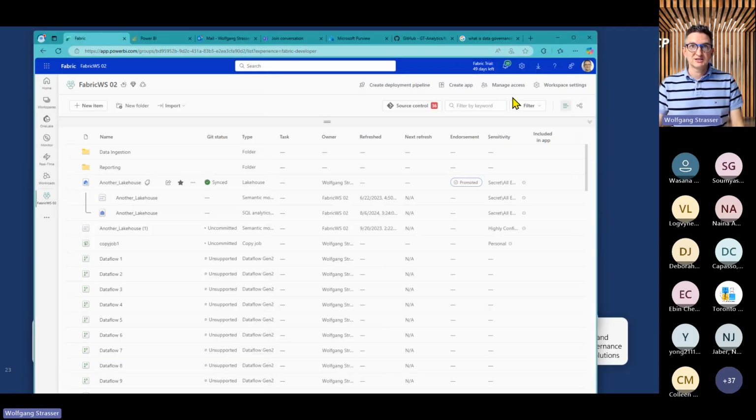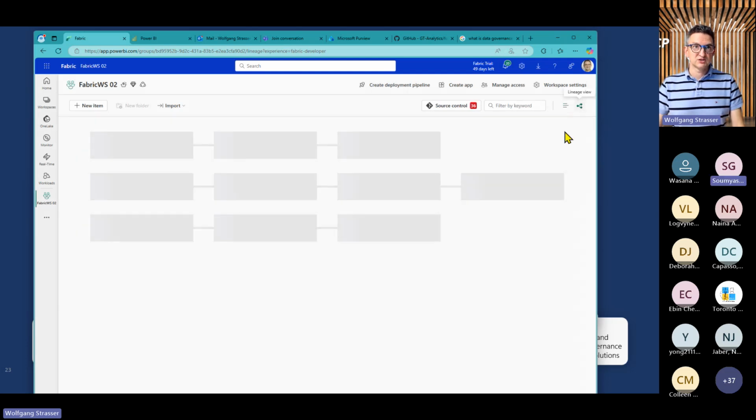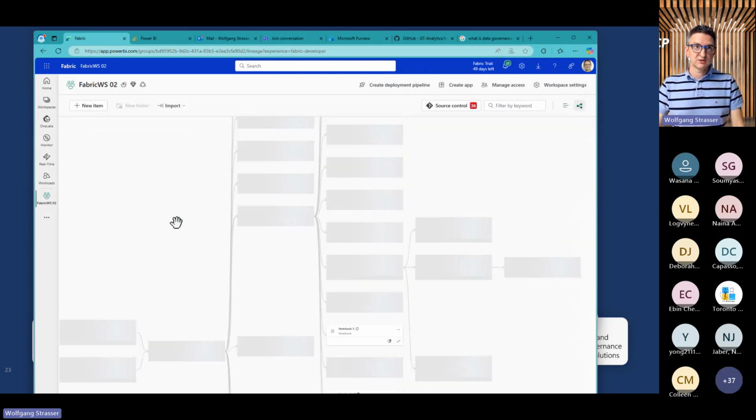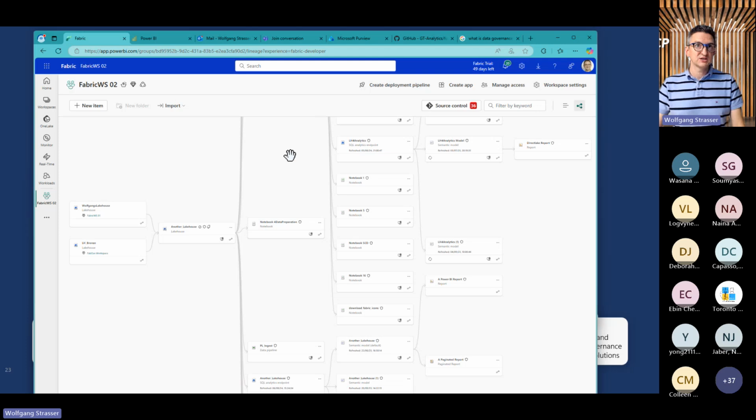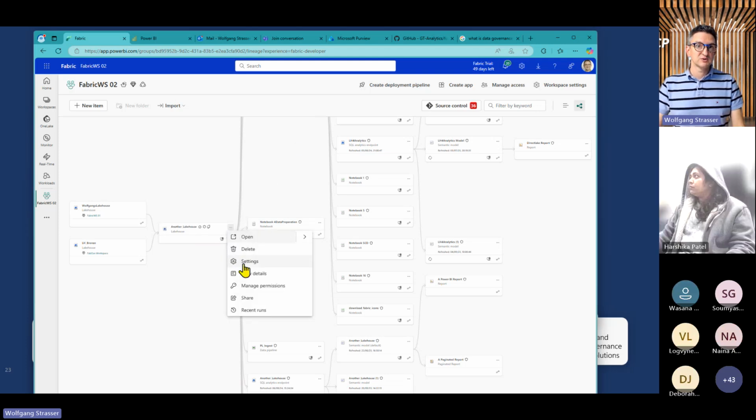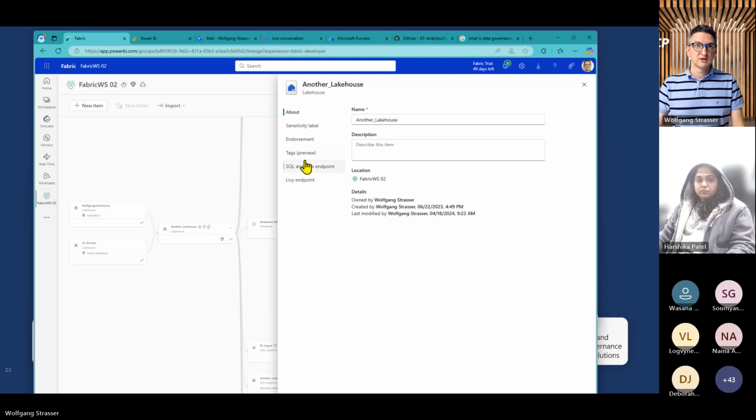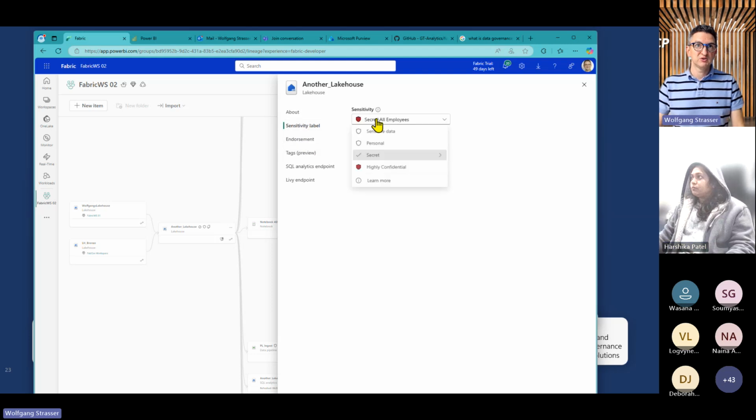I will change the view again to the lineage view, and I will show you something, because all those relationships are not only drawn, but I can also show you the relationship between all of them.